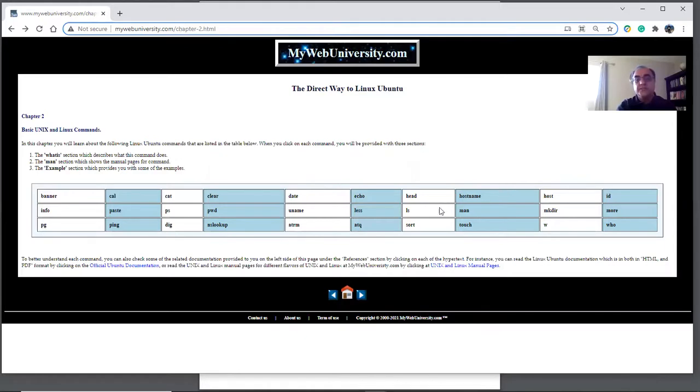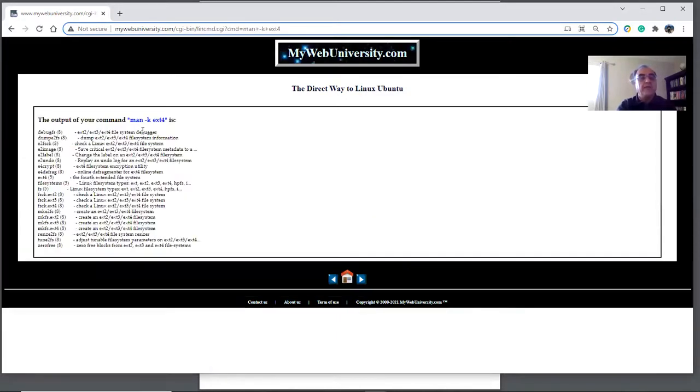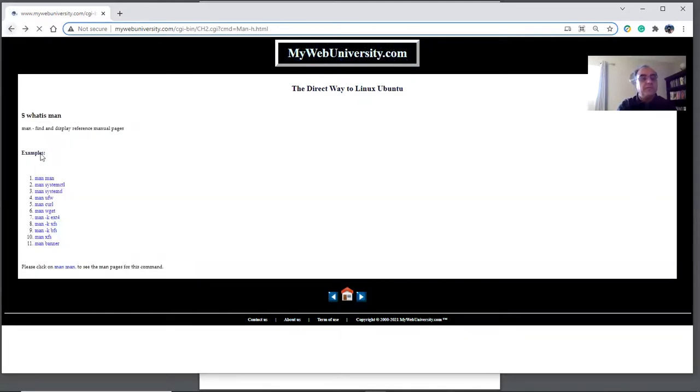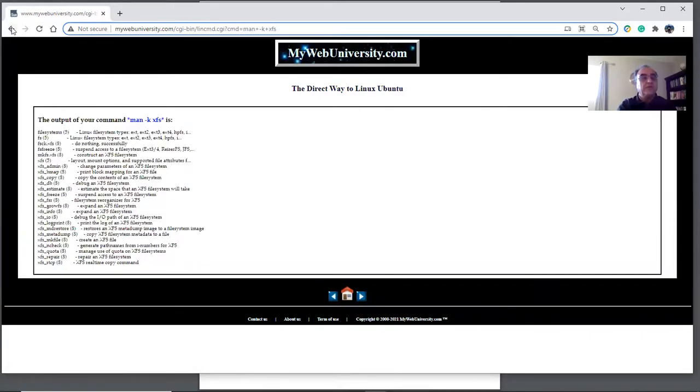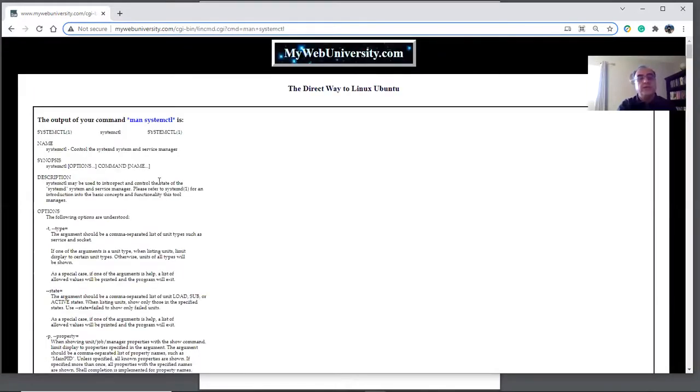So what was the next one? Man page. The man page basically gives you the manual pages. Here I'm giving you man -k, for keyword, on ext4 file system. Then you can get a list of them. And similarly, if you do -k for XFS, it will show XFS, and by itself, like the systemctl command, you will see the actual